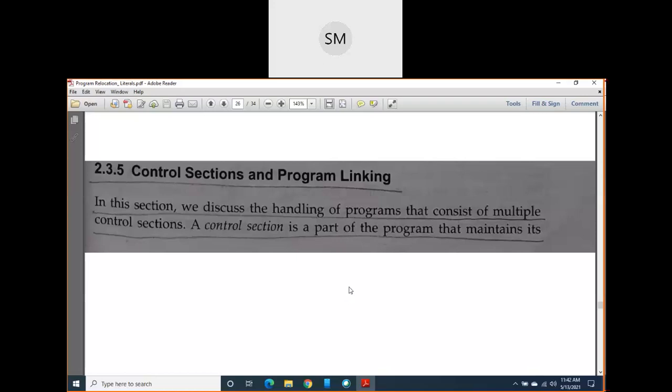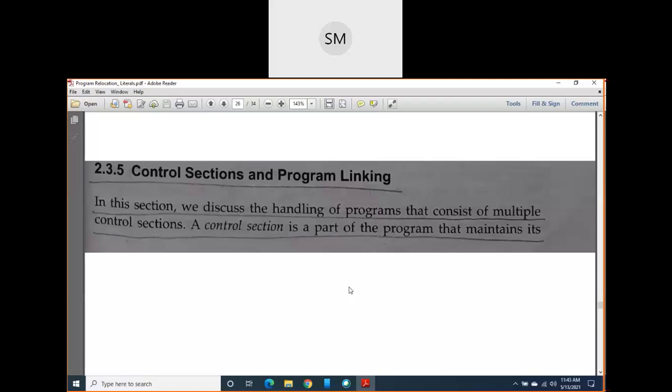Even though there are 3 program blocks in our single program, we will consider the entire program as a single unit. For that single program, we write only one object program which contains a header record, text record, and end record.